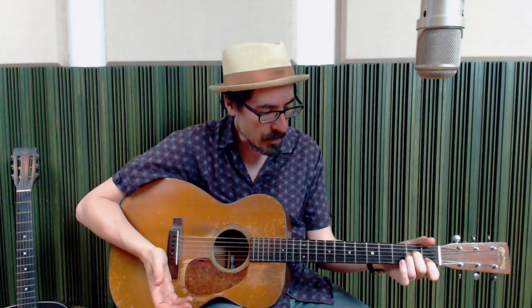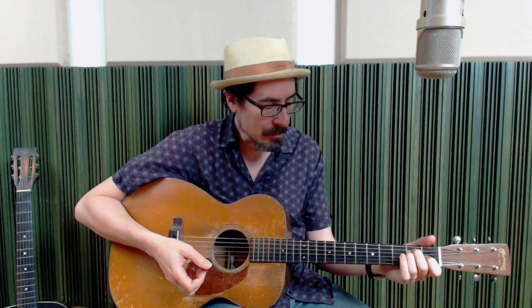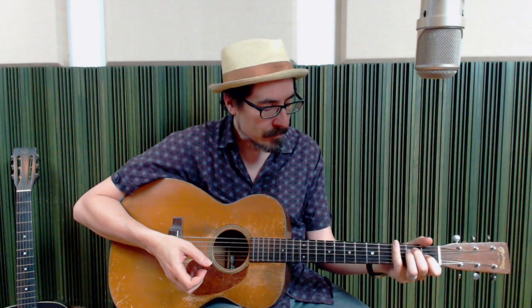So you're going to be alternating between A minor and E7, and that means the thumb is going to be going from the 5th string to the 4th string on the A minor, and then from the 6th string to the 4th string on the E. Right. And so, in terms of the groove, if you just kind of fingerpicked it with Travis picking, it